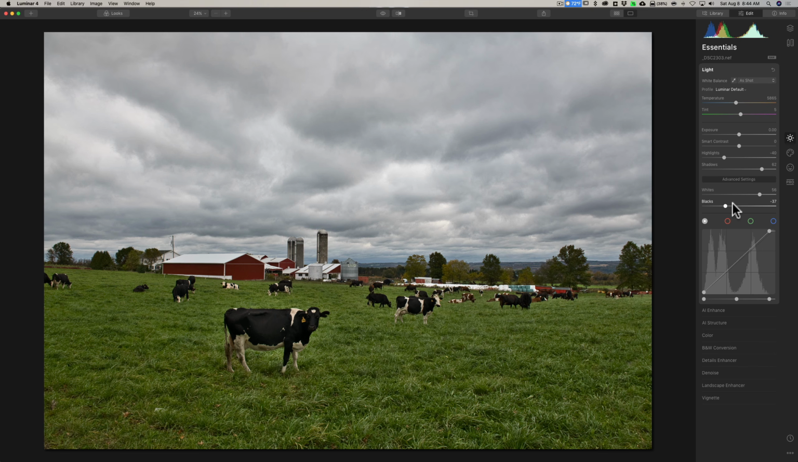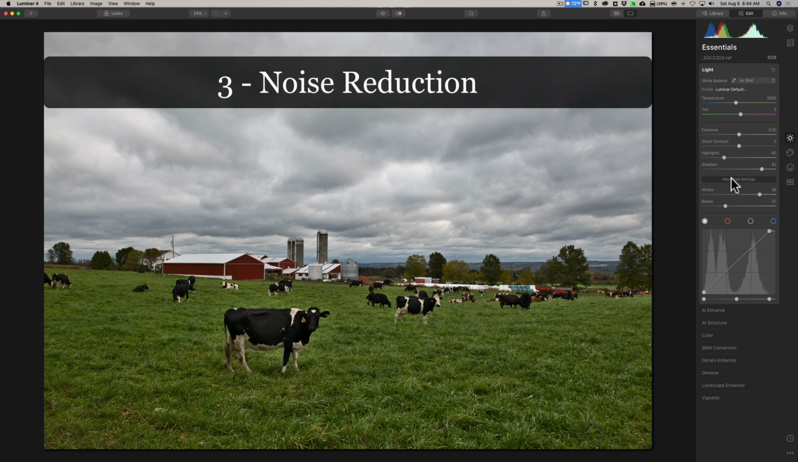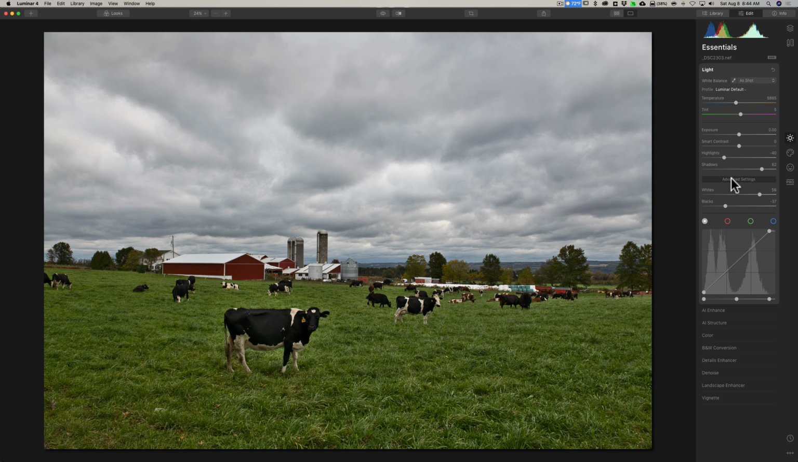Sometimes you have to tweak it a little bit with the tone curve levels control. This is the bottom part of the tone curve. That's that. Now, number 3, noise reduction. I alluded to earlier, noise reduction is best to do early in your processing, and I like to do it